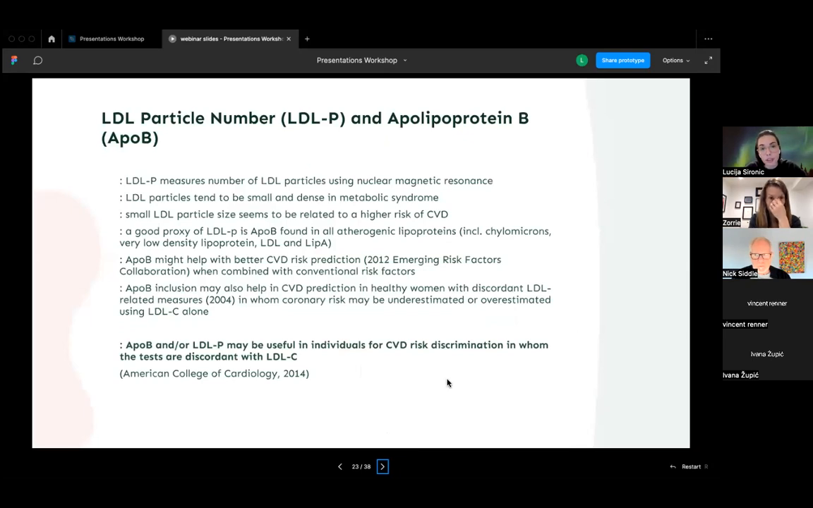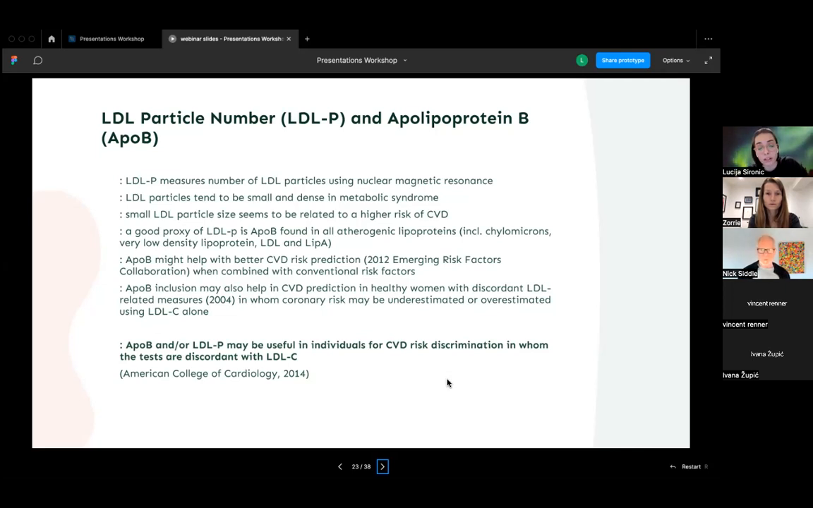And the last marker, well, two, but actually only one might be useful. LDL particle number, which is LDLP, and apolipoprotein B. So apart from LDL cholesterol, you can also in theory measure how many LDL particles there are. And that's done using nuclear magnetic resonance. So not something that you would do every day, but a good proxy